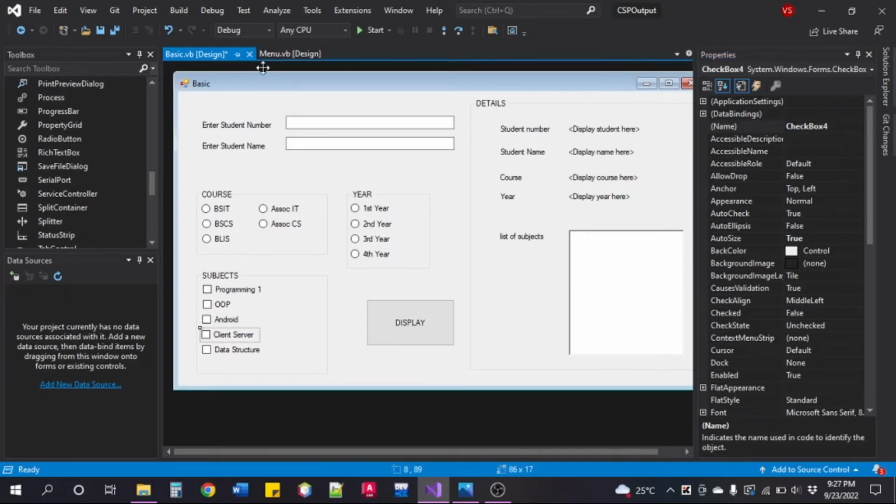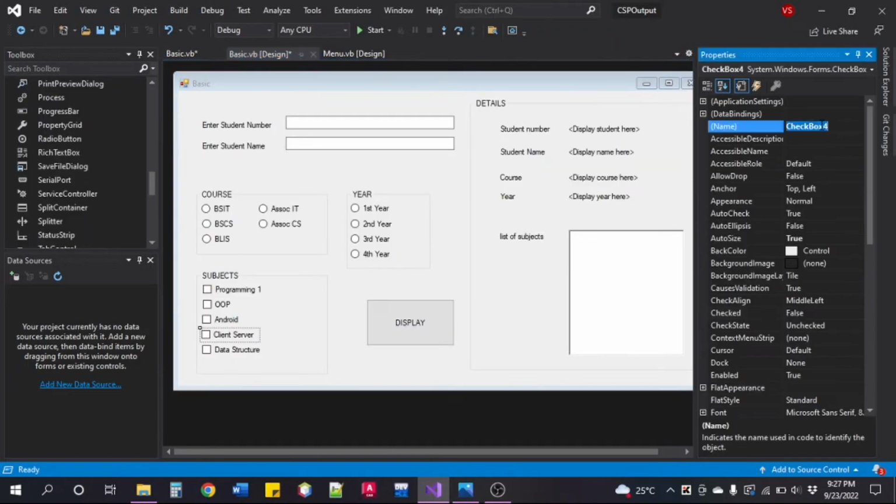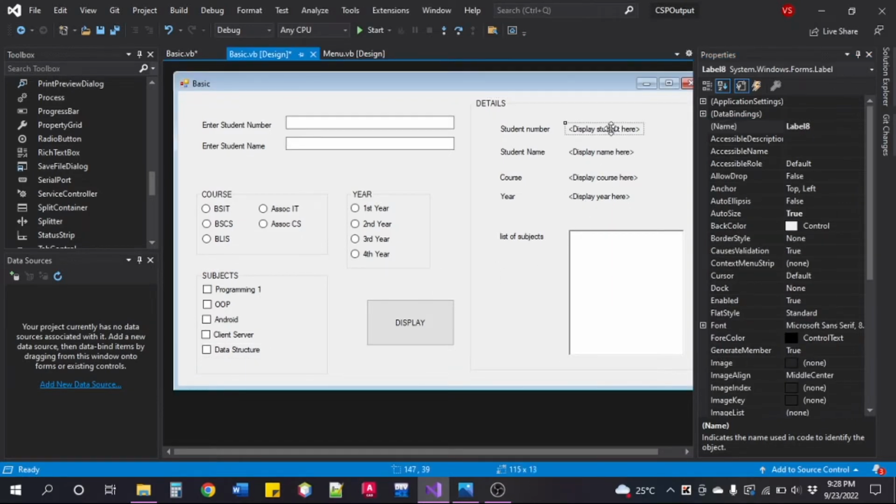What's going on? I double click. Let's go back. This is supposed to be CB CS. CB DS. Okay. Then we will also rename this as